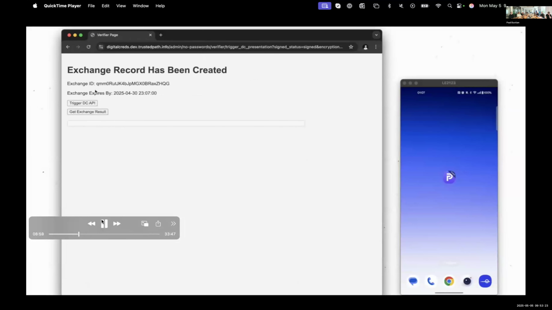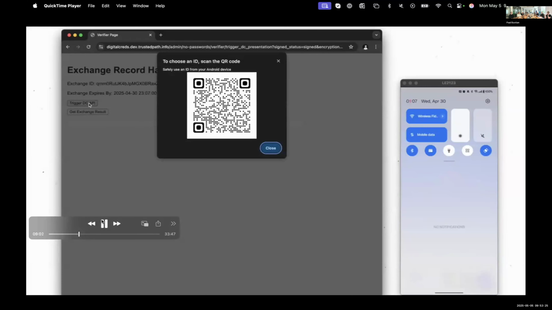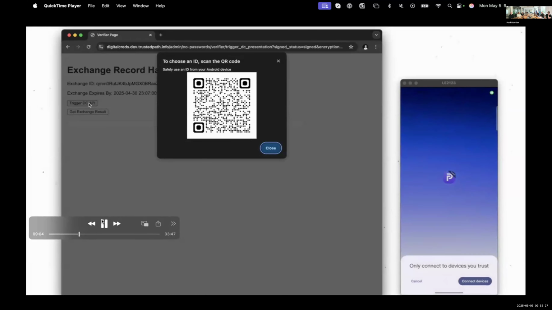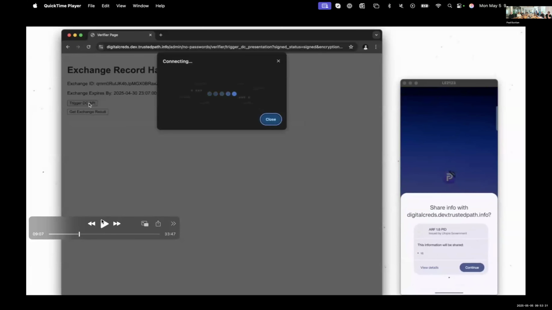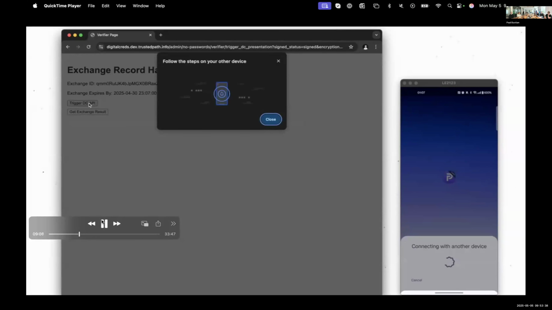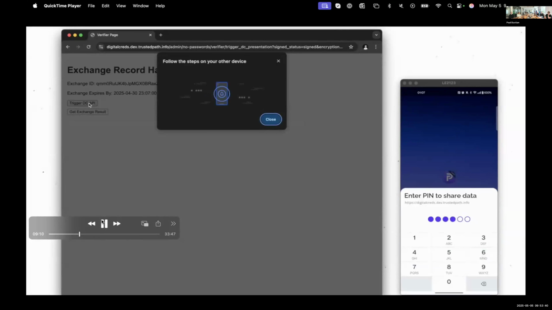Okay, so this is cross-device, triggering the DC API, scanning, sharing there. We have the ARF PID age over 18 for this use case. As you can see here, we now have a PIN in our wallet.